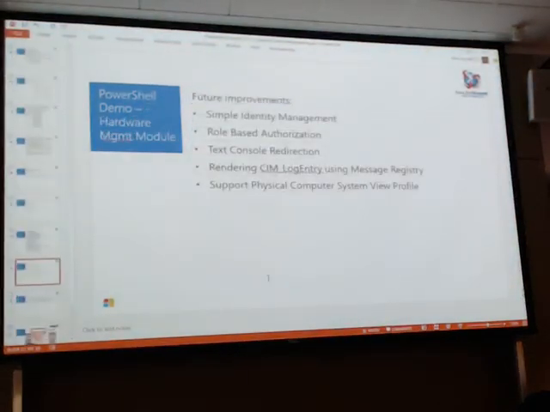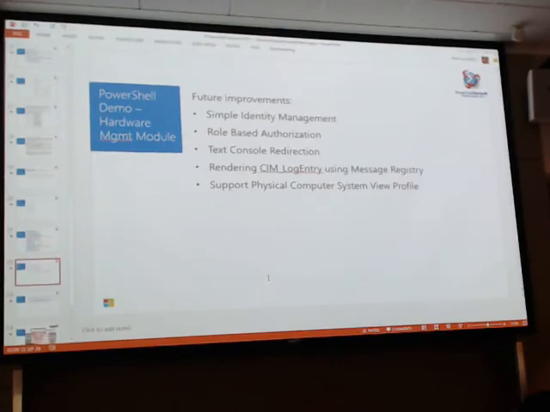Now, this is something I intend to continue to improve upon. I haven't had time because I've been working on this thing called Windows. But these are some of the things I'm looking for in terms of order of priority, simple identity management. So a lot of the demos I showed, I have this account already set up on the hardware. This is the administrator account. I have my own password. But how do you manage additional accounts? How do you manage the first account? Then once you have the account, how do you set up the roles for that account? Is it an admin? Is it just an observer of some sort?